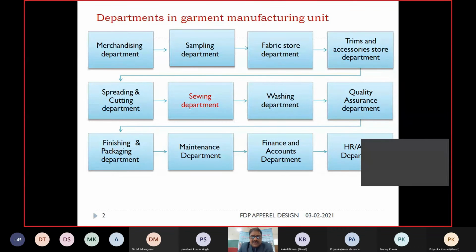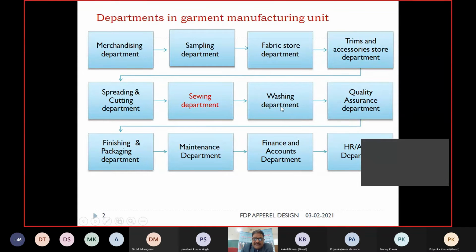And in the sewing zone, the joining zone, the fabric comes through the route of spreading and cutting. But the trims are used directly in this section, in the sewing room operations, in order to produce the 3D garments with the desired comfort, properties and quality of the garments. So here is the place where you complete all the garments.